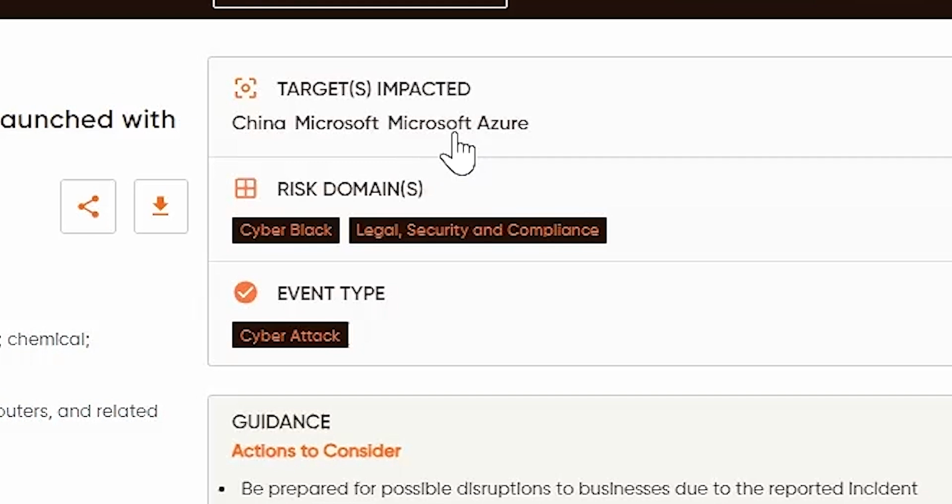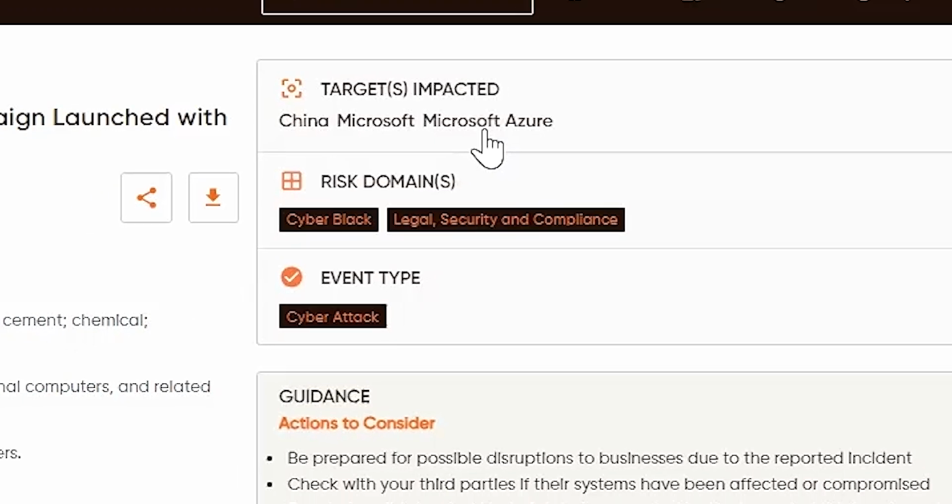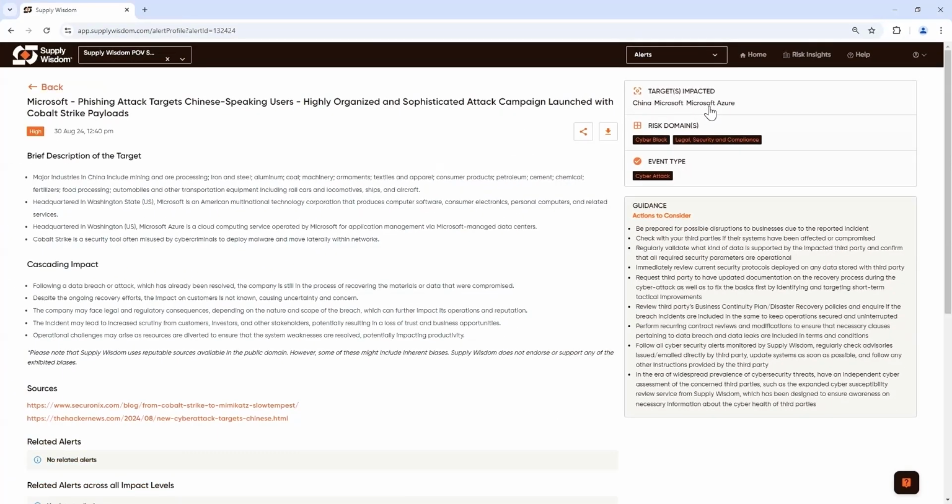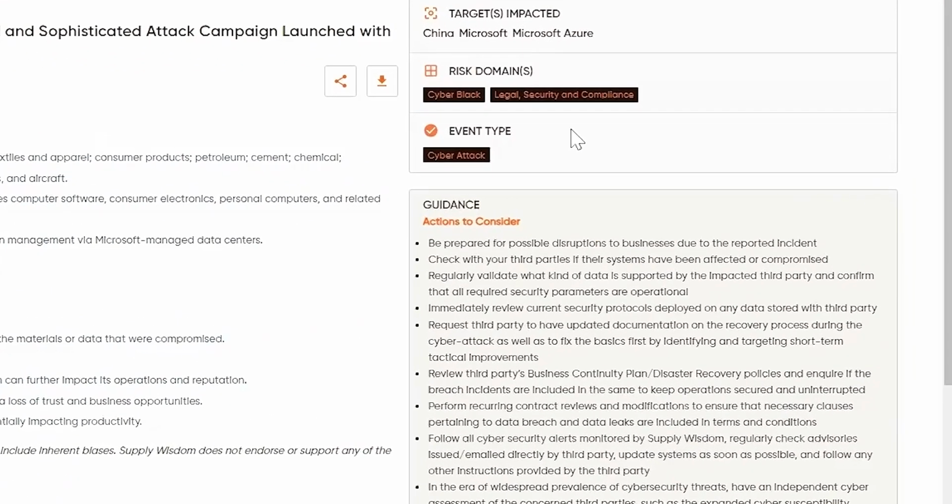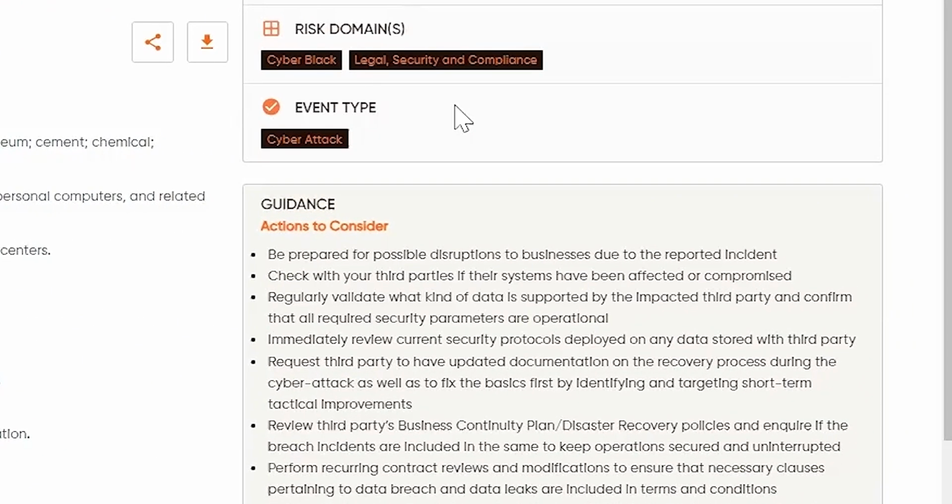Again, this will be specifically the entities in your own portfolio which are being impacted by this event. If this is an event that has relevance to a location or an nth party that you've tagged to a third party of yours, again, you can count on this upper right corner to list all of the entities which are relevant in terms of potentially being impacted by this particular event.